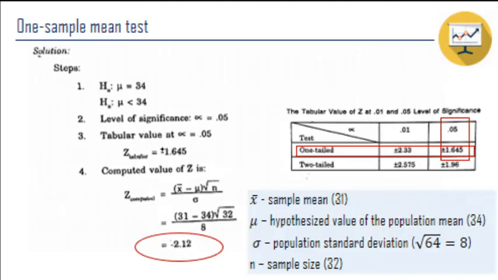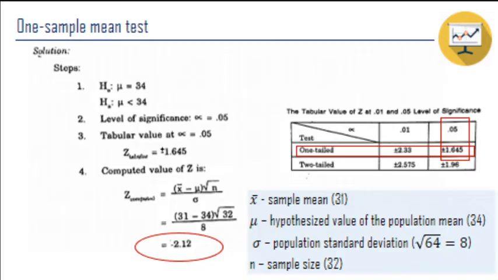Now, the level of significance is 0.05 that is given. Now, what is the tabular value? Again, we use the table. It is one-tailed because it is less than. We said earlier that when less than or greater than is used in the alternative hypothesis, that is one-tailed. When not equal to, that is two-tailed. So, in this case, it is one-tailed because our alternative hypothesis is mu is less than 34. And then, our level of significance is 0.05 that is given. So, the intersection of one-tailed and 0.05 is positive negative